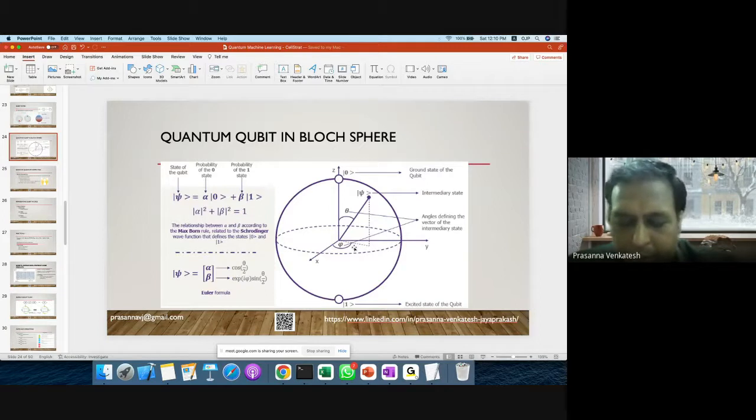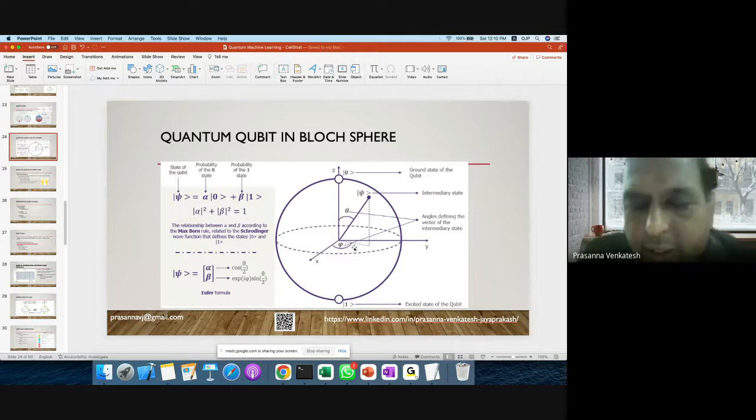Okay. So I will just reiterate what we did in today's session. We looked at what quantum computers are, and what the different frameworks available from the quantum computing perspective are. We introduced you to what a qubit is, what ket notation is, and why we are talking about ket notation.